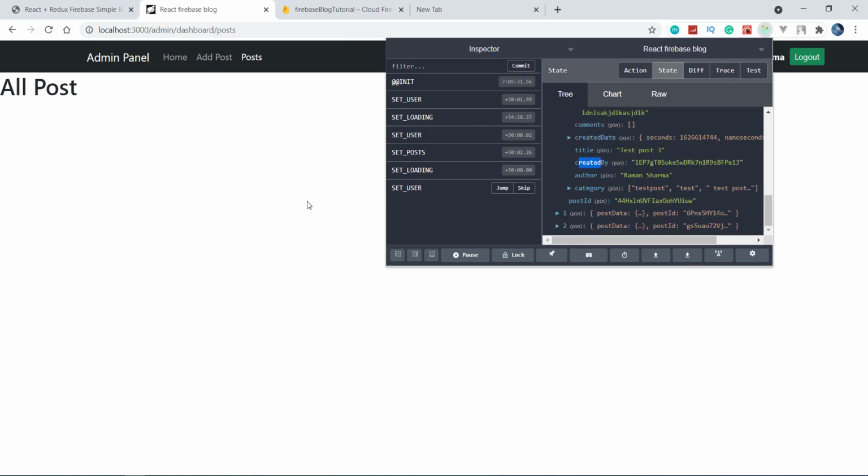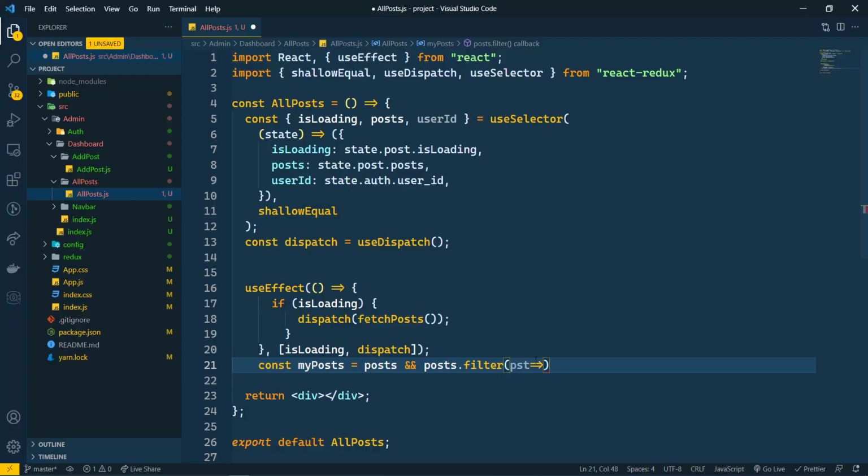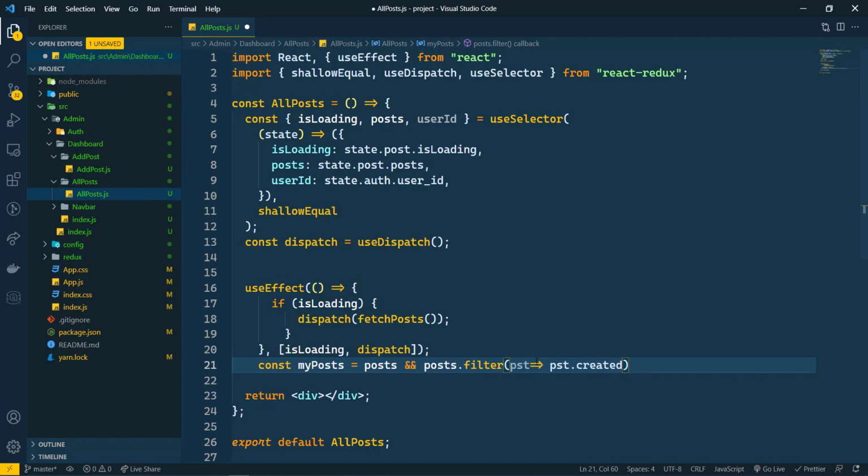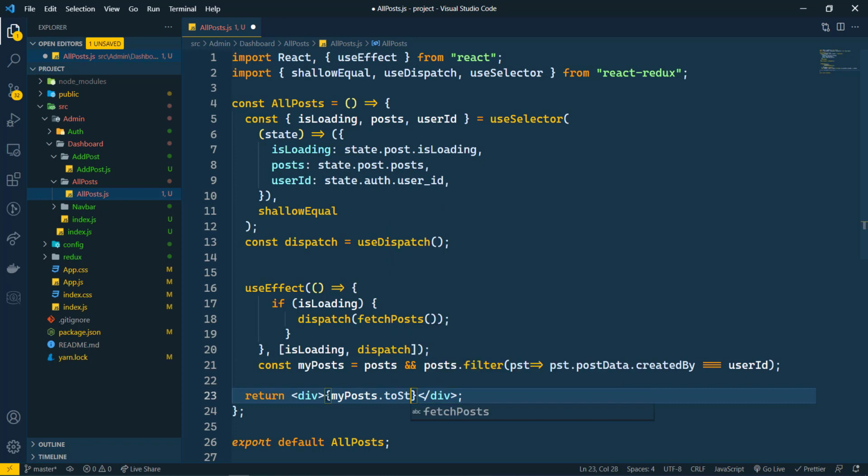So I'm going to use post.postData.createdBy, and we are going to check triple equals to the userId here.